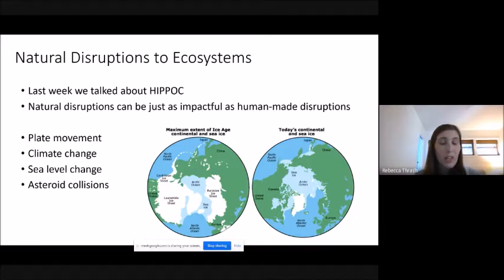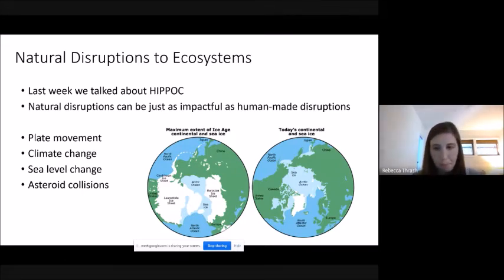There have been fluctuations in climate. There have been colder climates and warmer climates. This also is related to sea level change. So there have been times when there's been very high ocean levels and very low. And then there have been some really fluke kind of events like asteroid collisions. All of these things have impacted what species survived, where they moved to, and how many species were alive at